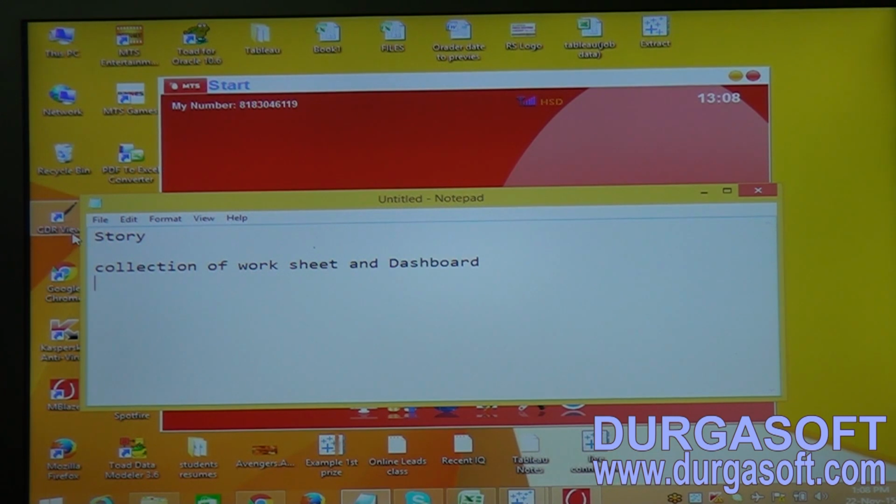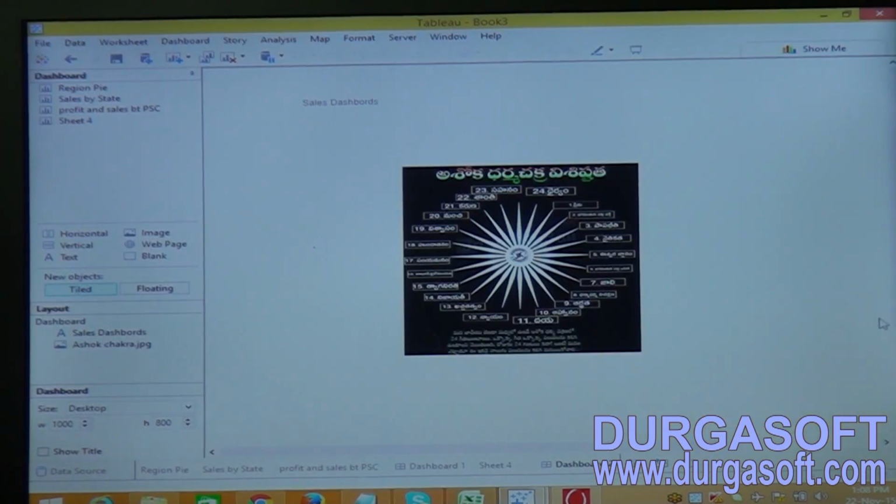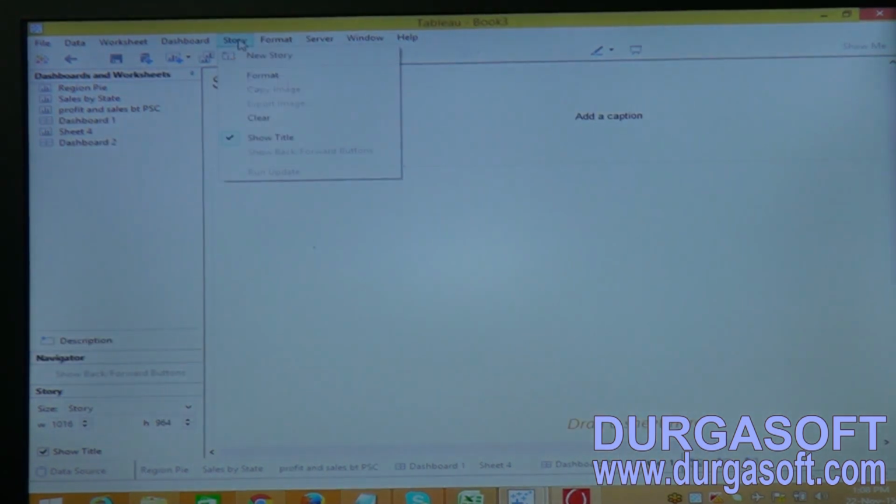That means you can create stories by adding your dashboards and your worksheets. You can create a story by clicking on this symbol. Otherwise, you go to the story tab and click on new.